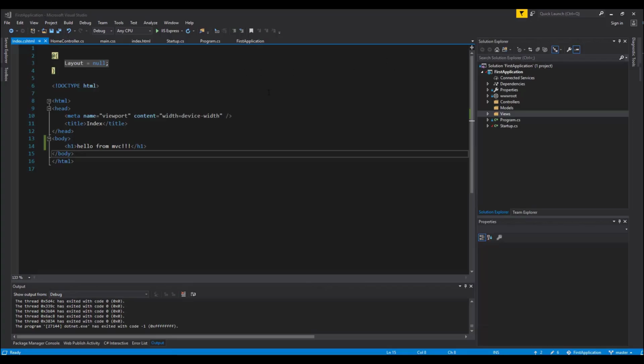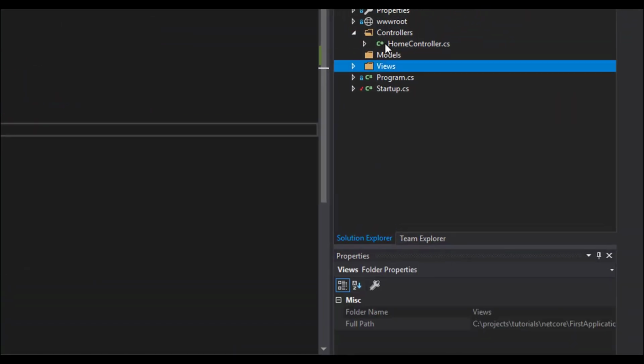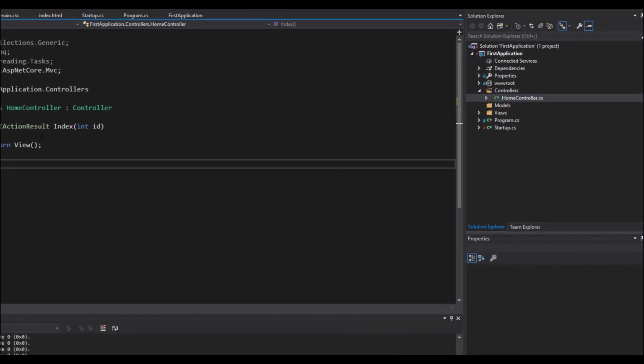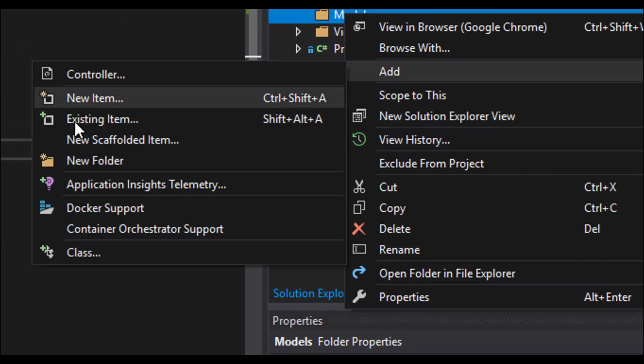Hey guys, what up? Welcome back. So in this video, let's go ahead and touch the models, and let's go ahead and create our first model and find out how to actually send it back to our view. So in our controllers here, you're going to see that it actually just returns the standard view for our home controller. We want to go ahead and add a model, and the model, we're just going to have,